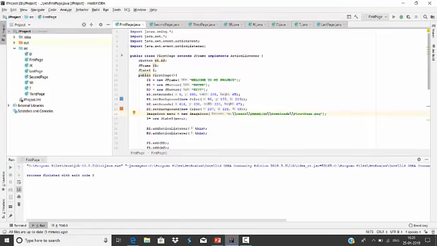This is the code of a flip-flop which I have made in IntelliJ. At first, this is the first page of my code. Now we will first run and check the first page of the code.